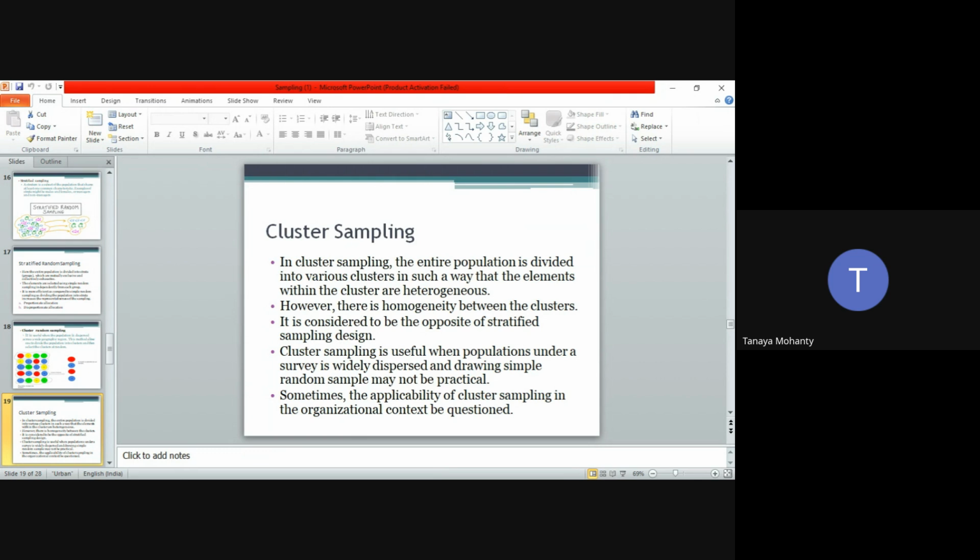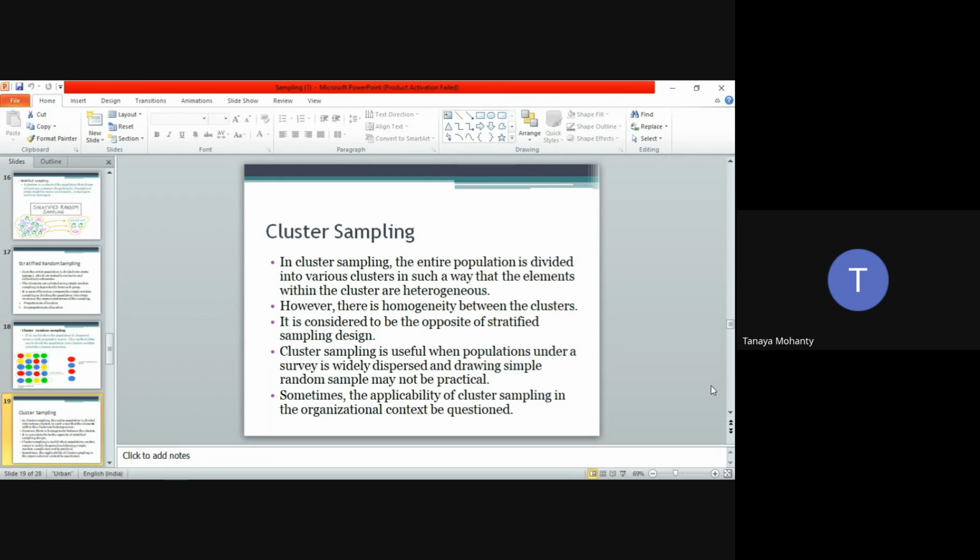So what I'm trying to say is that in cluster sampling, there is homogeneity between the clusters. It is considered to be the opposite of stratified sampling design. And cluster sampling is useful when the population under a survey is widely dispersed and drawing a simple random sample may not be practical. So sometimes the applicability of cluster sampling in the organizational context is questioned most of the time, because